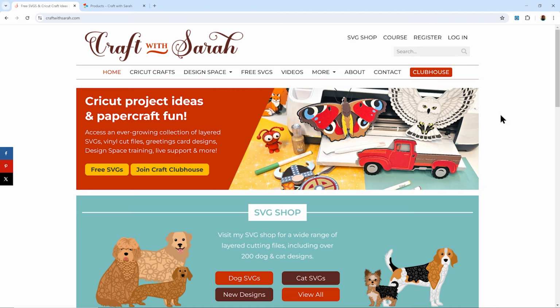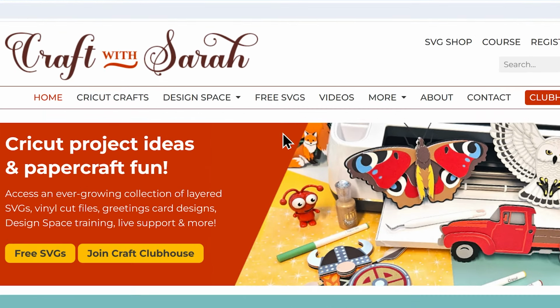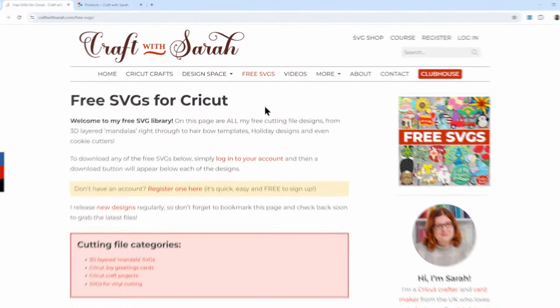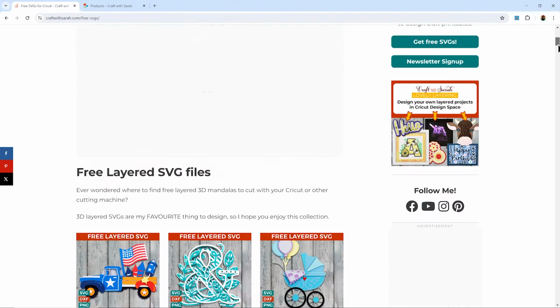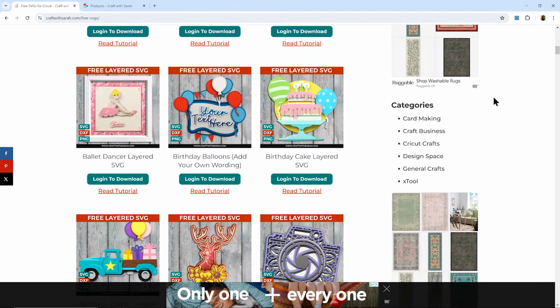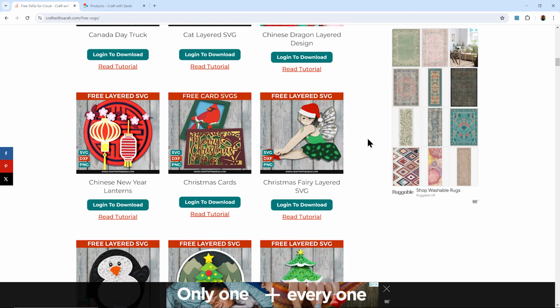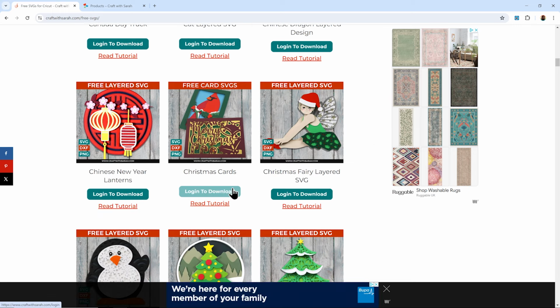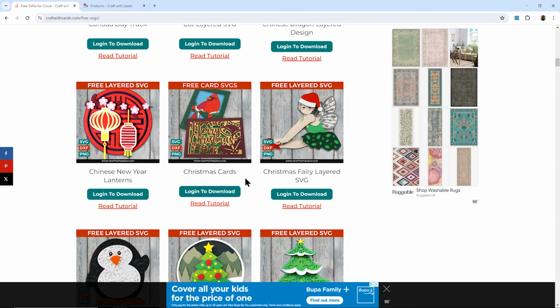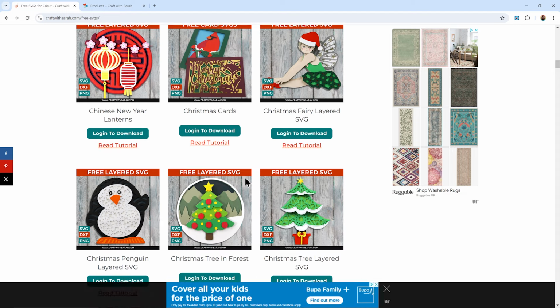Let's get started. First, let's take a quick little look at my website so that you can see where to download the free SVGs. You can either click the free SVGs link in the navigation, and that will take you to a page which lists all of them out so you can look through all the free designs and choose which one you want, or you can download them directly from each individual tutorial page. You'll notice that at the moment this says log in to download. I'll show you how it looks a little bit later when you are already logged in, but I'm also going